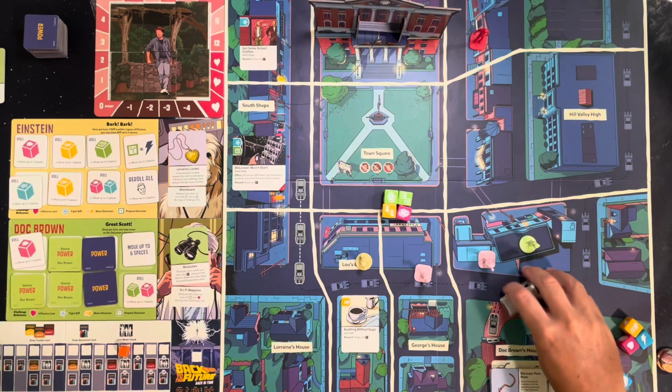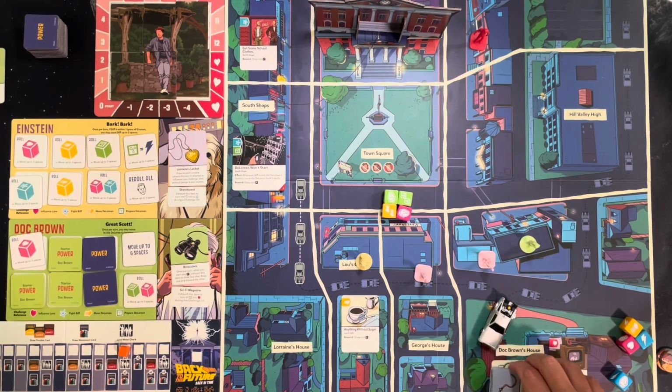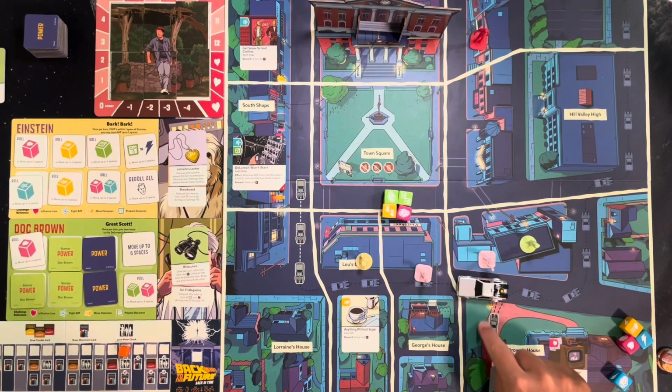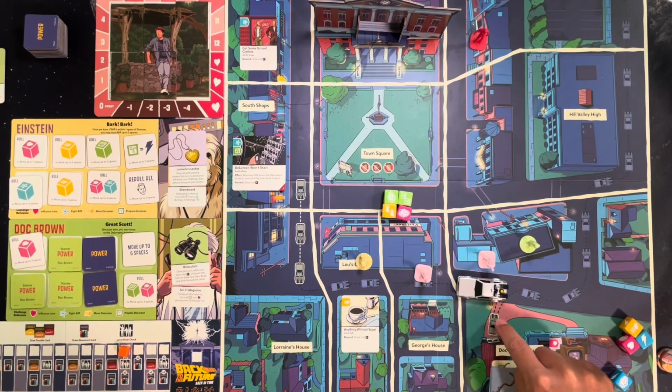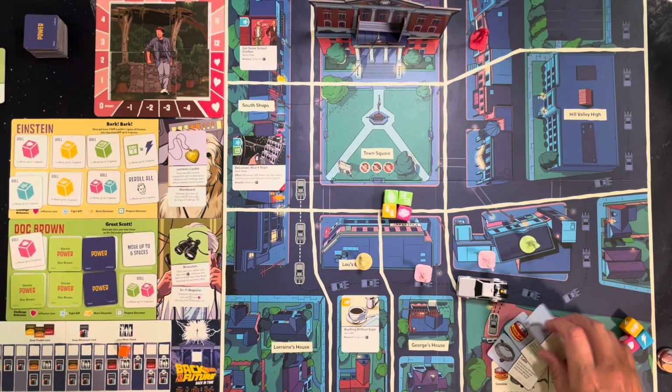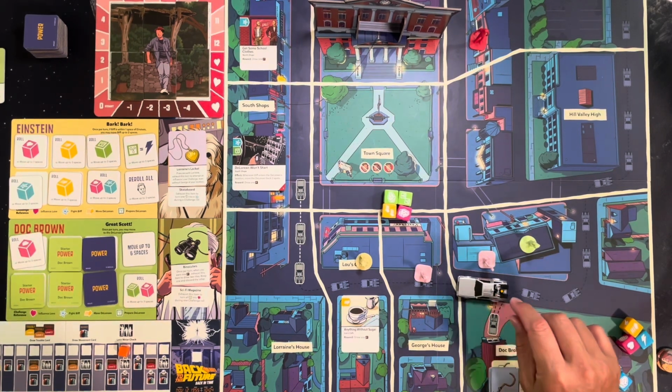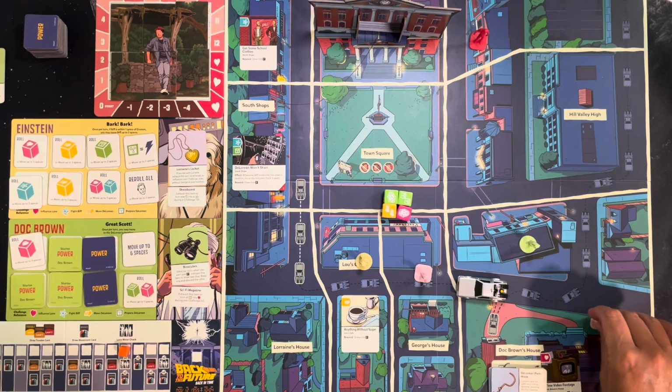So I can move the DeLorean twice. I pull it into here, and I believe I can then just pull it right back out. All it says is that it cannot move past the driveway space until you have all 3 items, which we've had sitting there waiting for us. Now I do, unfortunately,